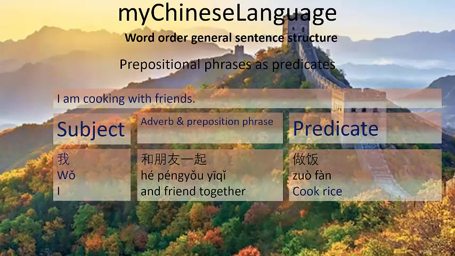Prepositional phrases as predicates. Prepositions are words like at, with, to, from, and so on. Some examples of prepositional phrases are with friends, to the movies, at a restaurant. In English, they come after the verb, but in Chinese they are placed before the verb. I am cooking with friends. 我和朋友一起做饭。